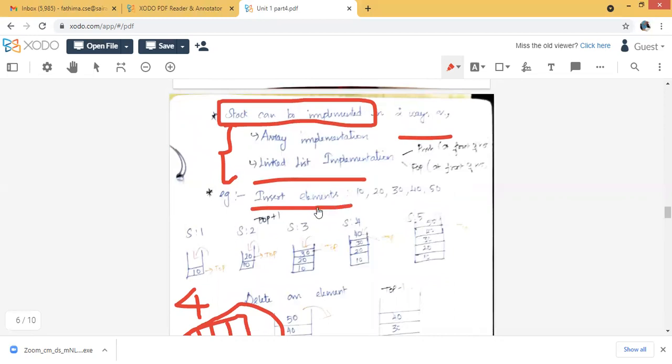So we have insertion elements of 10, 20 as well as 30 as well as 40. In our first step, my stack size is up to 0, 1, 2, 3, 4. So my stack size is 5. Initially, I'm giving a stack size of 5. Stack size 5 means it starts storing elements from 0 to 4, right? So you just indicate the index up to 4.